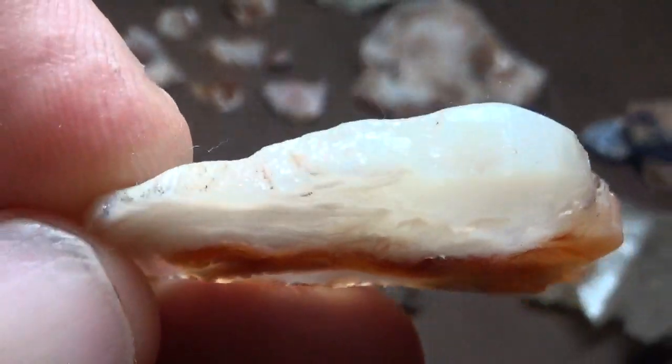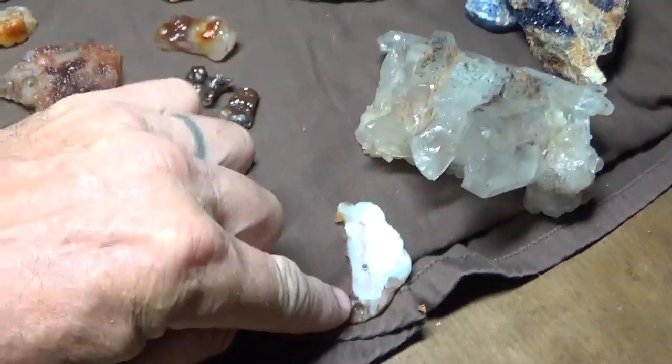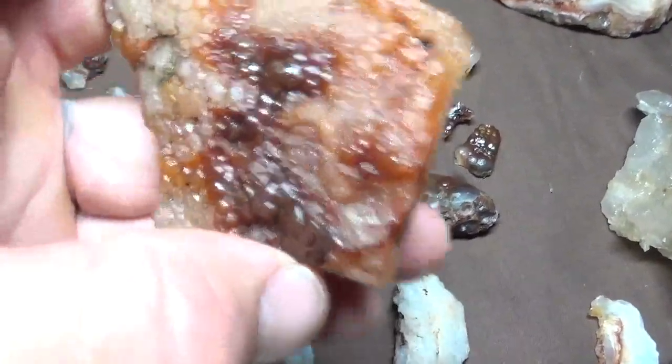And this has already been featured in another video when we opened up the first. It's basically, she gave me 2 quart jars also with this. But so, fire colored banded stuff. Now in this there's also things that I noticed that have even more fire to it. So this one in particular,